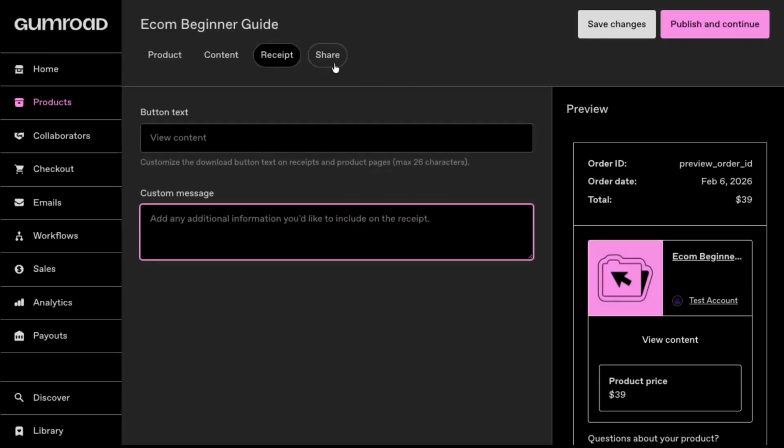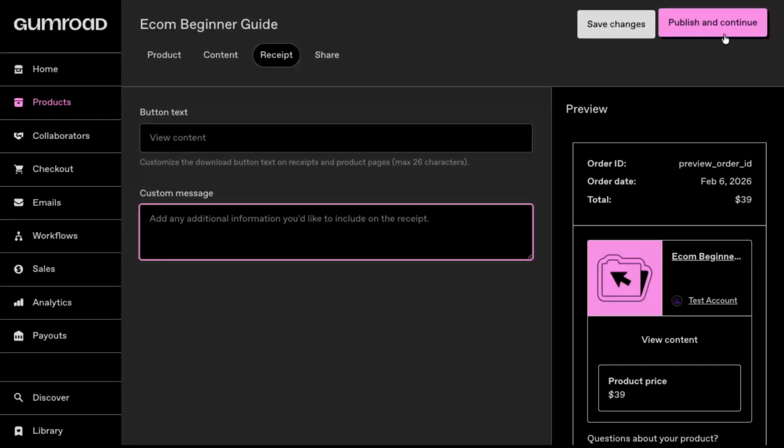After that, click on the Share tab to see how your product link and previews will look when you share them. Once everything is set up and you're satisfied, click on Publish and Continue. Gumroad will then walk you through the final, straightforward steps to confirm your product is live. When you've completed those, your product is